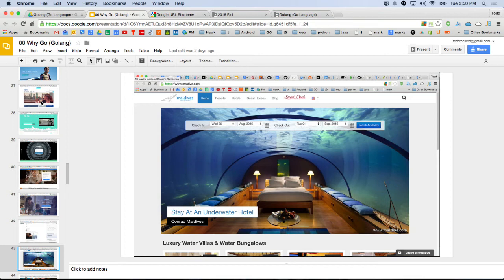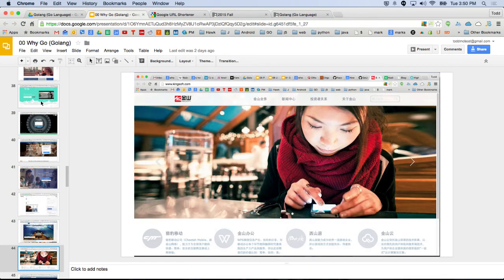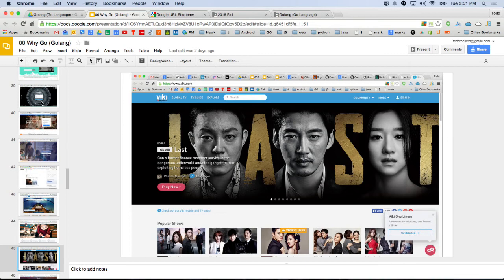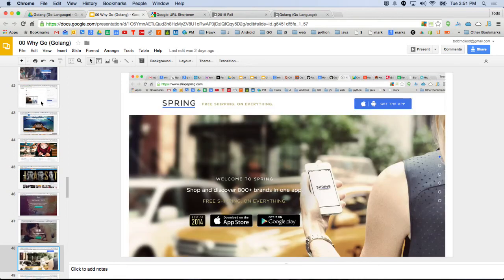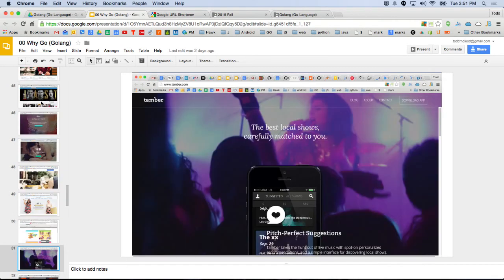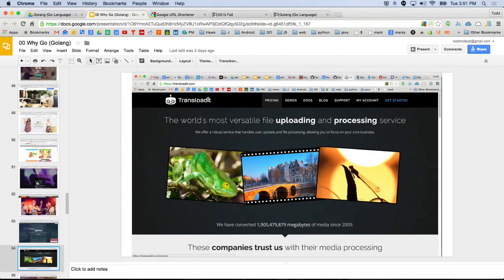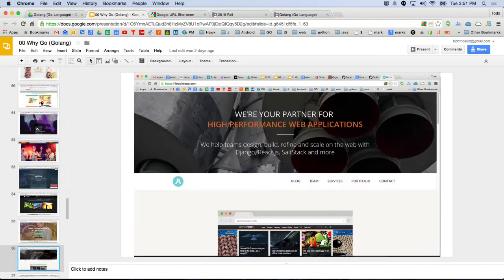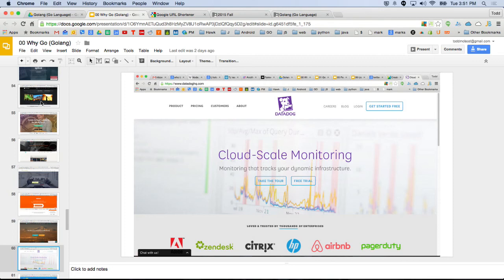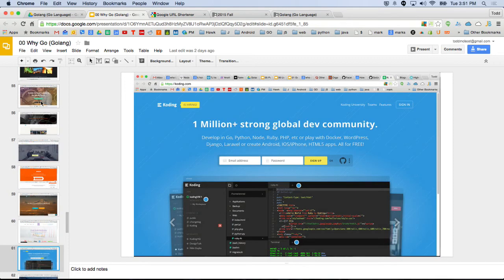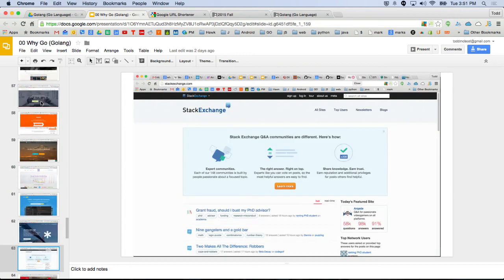Uber, Nokia, Yik Yak, Tumblr, Thumbtack, Remind, Medium, the Maldives tourism site, Maldives.com. I think that's pretty cool. Go is really big in China because when you build web apps in China, you're building it for 1.3 billion people. So you need something that scales as fast and as efficiently. Viki, which looks like it's a Chinese website. Whim, the lesbian app Her, Spring, different shopping websites, SoundCloud, Spice, Transloaded, New Bamboo, Max CDN, Datadog, Coding, SourceGraph, Stack Exchange.